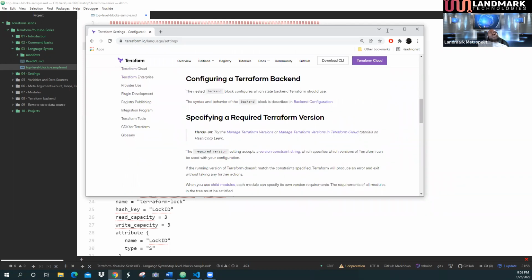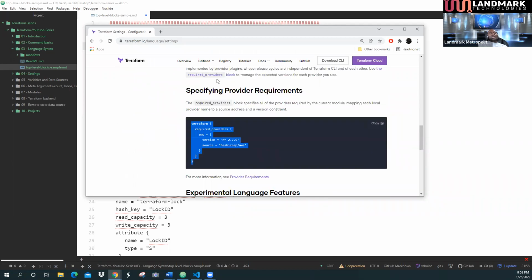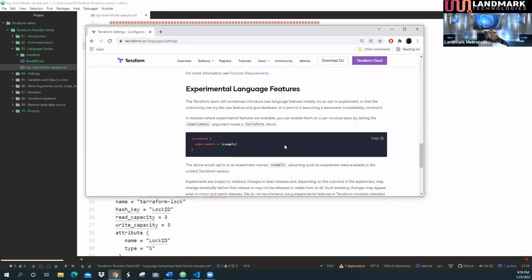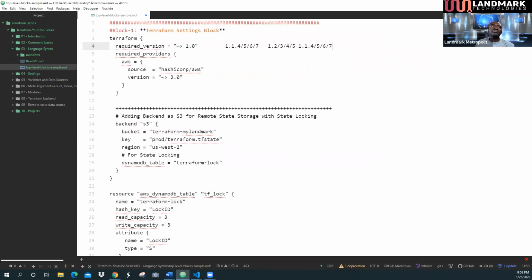Then apart from that, you can just equally come to the official documentation. You have the required providers. You can also pass the required version of Terraform right there. So if you copy that, then you can just paste it in your IDE. But equally, as we said, if you go onto your